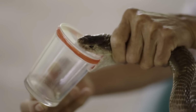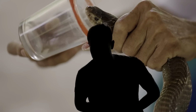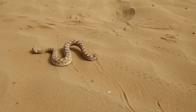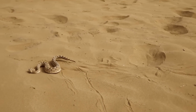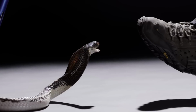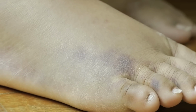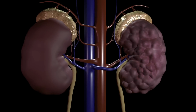And if you ignore that warning, well, this viper's bite is loaded with toxic venom that can be quite dangerous. That's why handling such snakes can be a fatal mistake, as two unlucky handlers in Europe once discovered. Both men were bitten by captive Saharan horned vipers, and the bites caused extreme swelling, blood clotting issues, and even